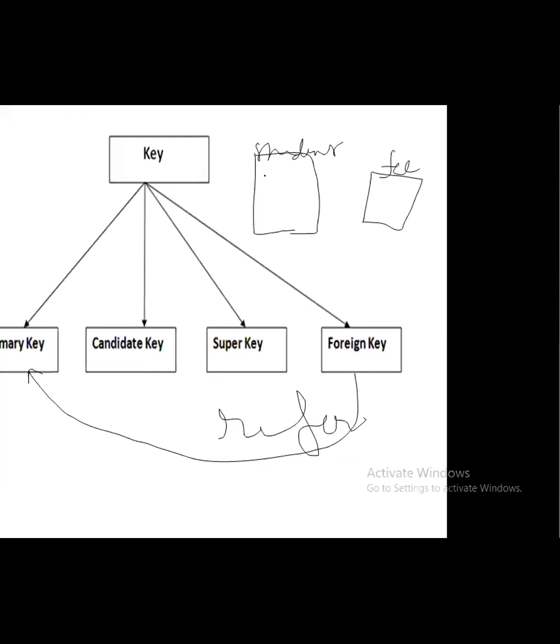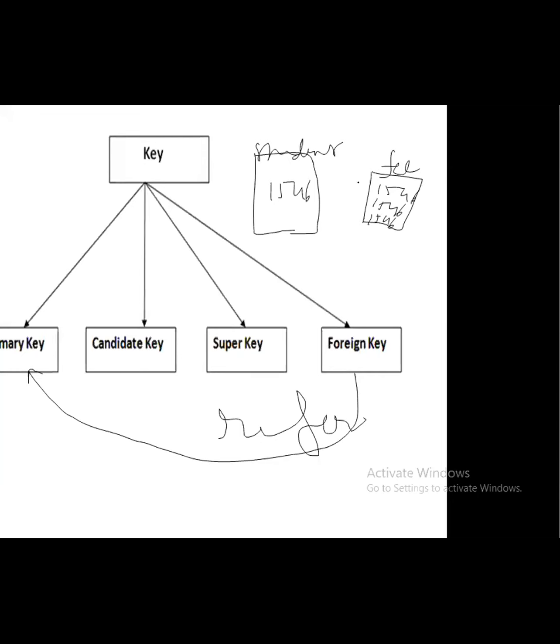So if roll number 1546 is there, then only the fees section can collect the fees of that particular number many times. He will pay first semester fees, second semester fees, third semester fees.